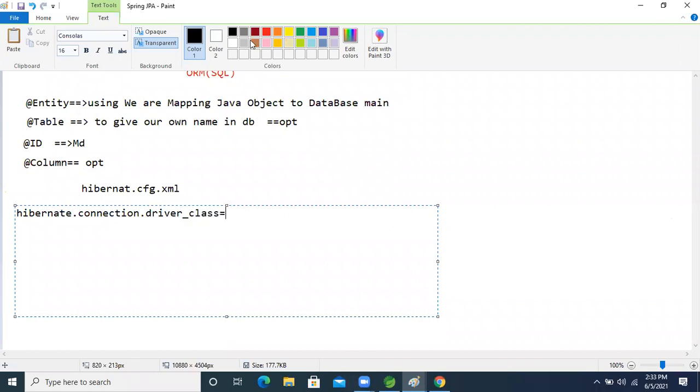If you want to use the MySQL database, then you have to give the MySQL driver name.